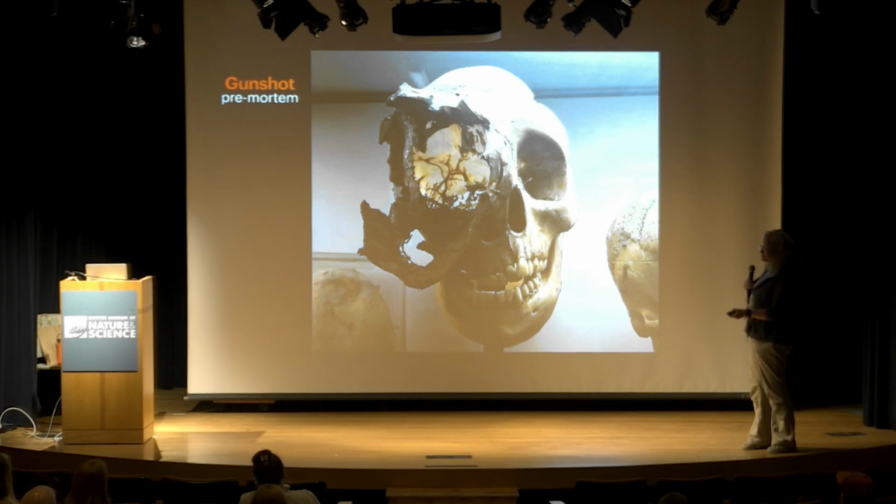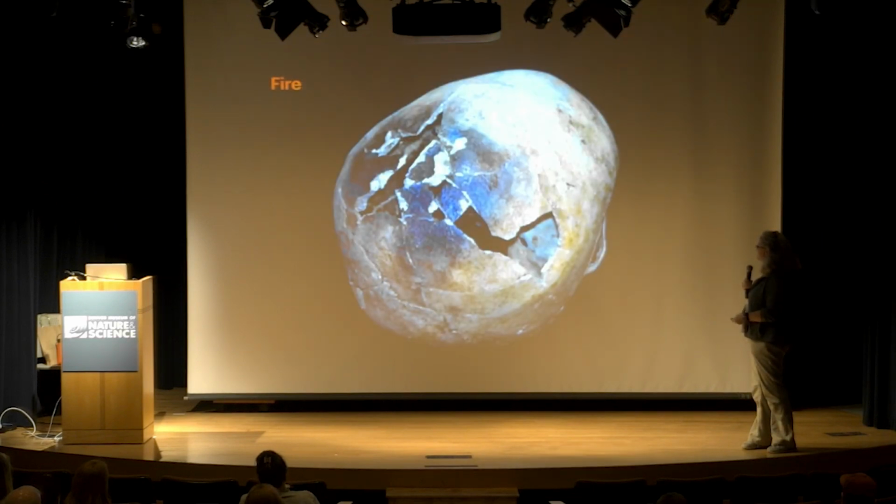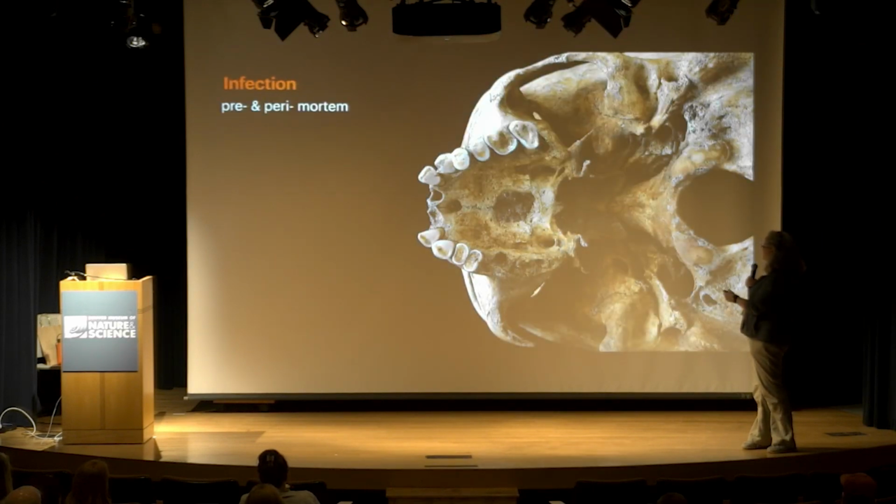This person actually survived for a period of time as well. They took that, and you can see the healing in the back there. Those are all early bone growth, showing they began to recover briefly from that injury. Burning happens, pre-, peri- and post-mortem. Infection: this person had lost all the...